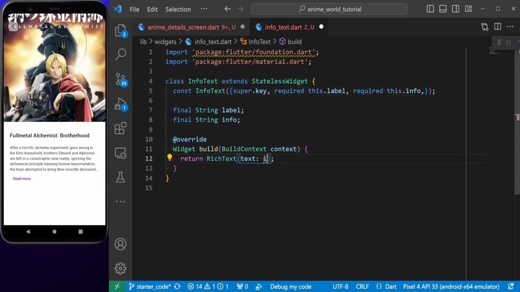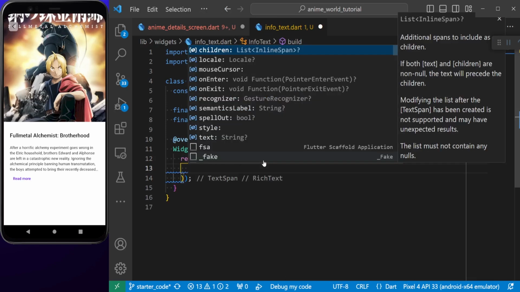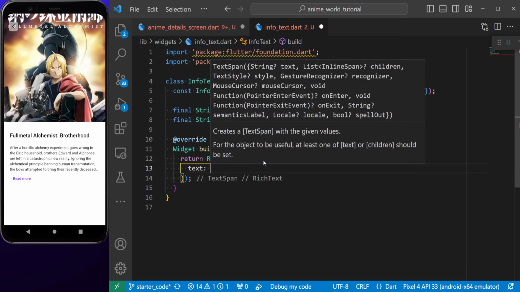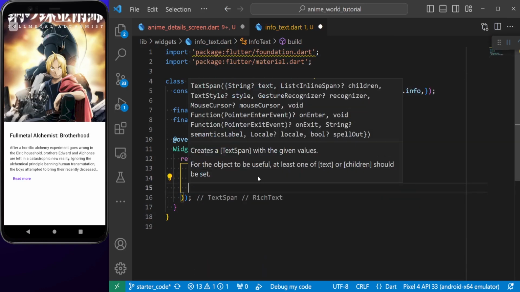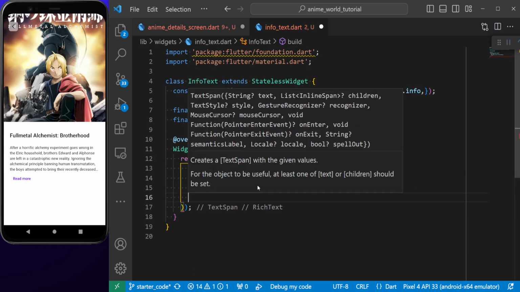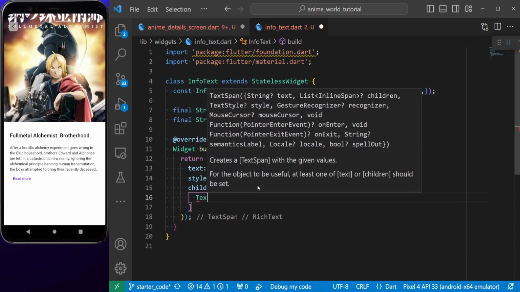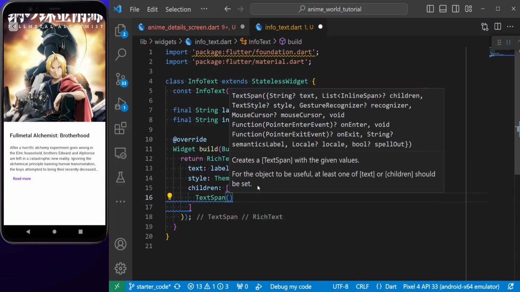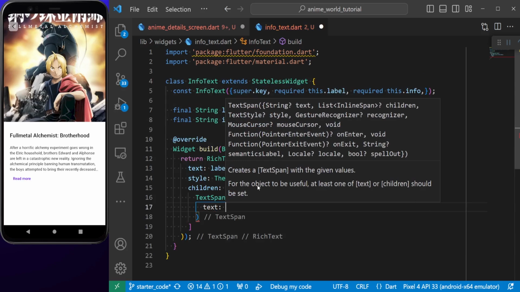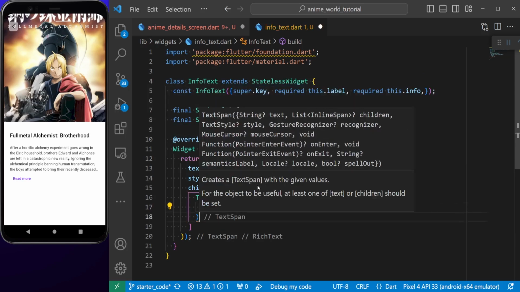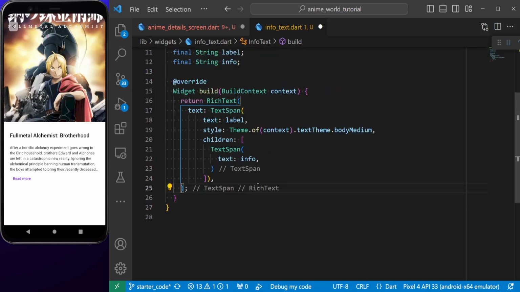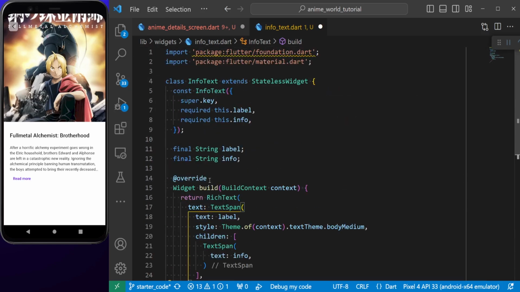Inside the rich text, I'm going to first of all put my label, but inside the text span. So here first of all put our text, and that's going to be our label. And then I'm going to pass my style. We also have our children. Let's put a list, and inside that again we need to put text spans. And inside the text, I'm going to again put my info, if I can spell it correctly. So let's also put some commas. Right,